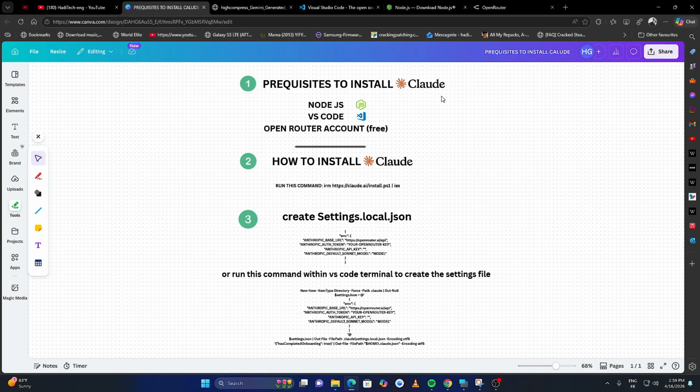Now, before we jump into this video, we need a few main things to start executing the whole process. So we need Node.js. If you don't have Node.js, you're going to install it, and we need VS Code, and we need an OpenRouter account, which is free. So the first thing that we need to do, like I said before, is download